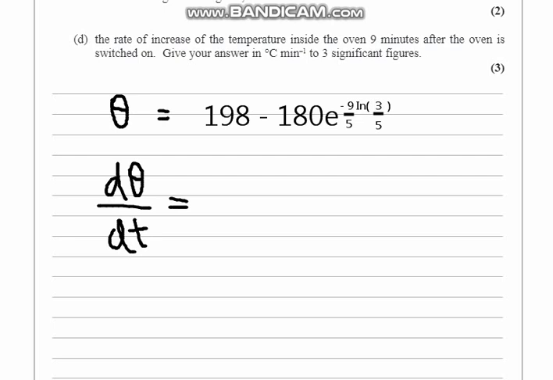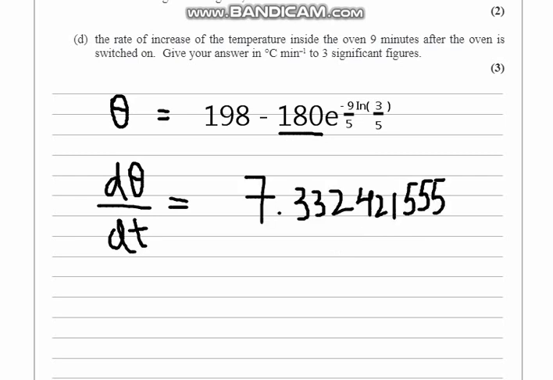Now moving on to the main function, differentiating minus 180 into e to the power minus 9 upon 5 ln 3 upon 5. Always remember guys, whenever we differentiate exponential to the power x, that will become x e to the power x. Simply we'll just multiply what's the power of the exponential with the term before the exponential, that's minus 180. So minus 180 into minus 9 upon 5 ln 3 upon 5, and when we multiply it we get, there you go,